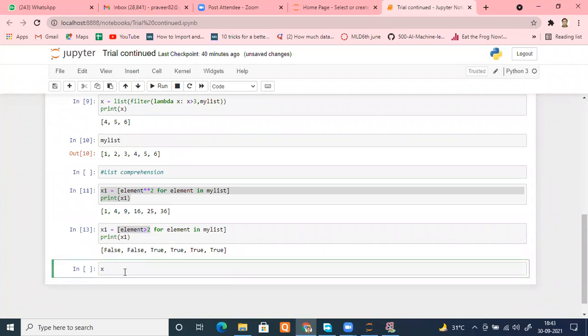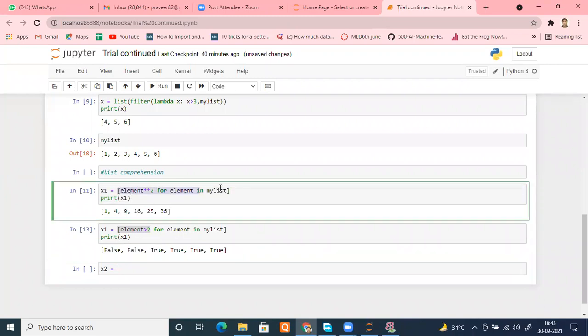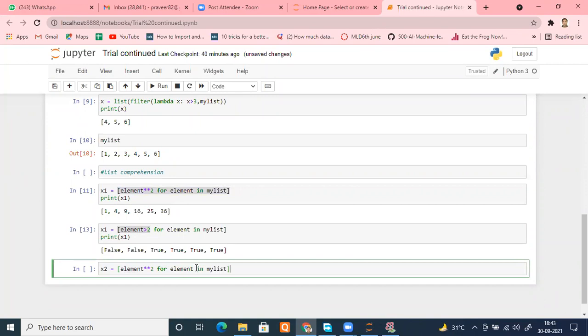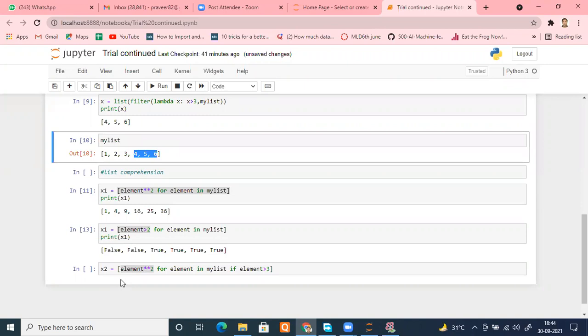Okay, now go to the second. I want to create a filtered condition. Again, I'm copying it so that it will save my time. The expression I'll write later on. But what I want, for example, is that the element should be greater than 3. If the element is greater than 3, then what do you want from that element? That you have to write here. For example, I don't want to perform any operation. I just want that element as it is. This is my requirement: I want 4, 5, 6 to be stored. Then I will simply type element here.